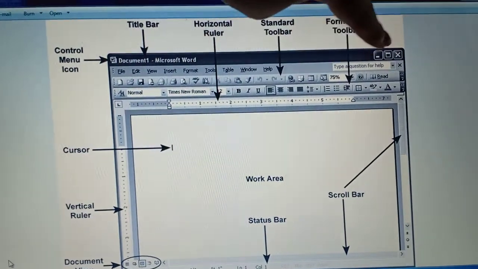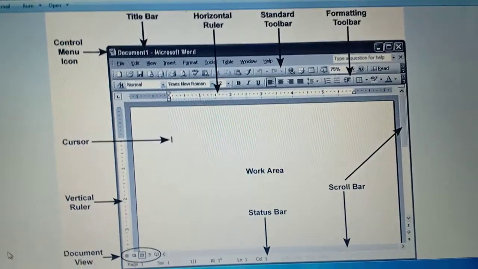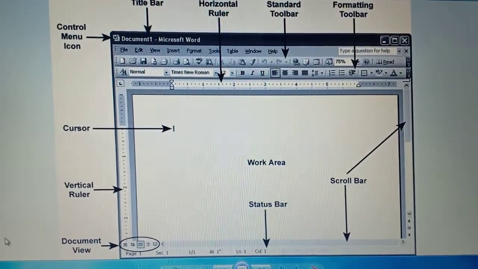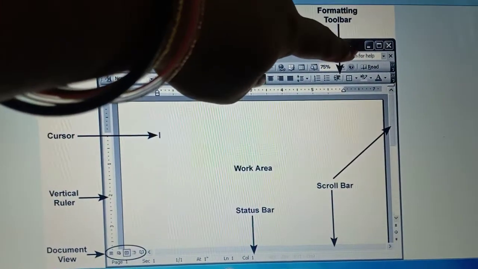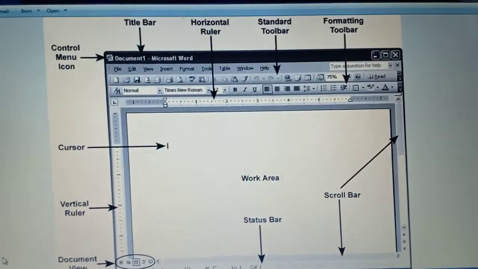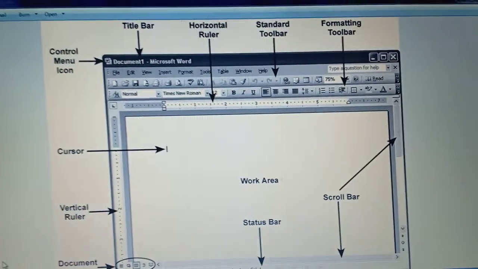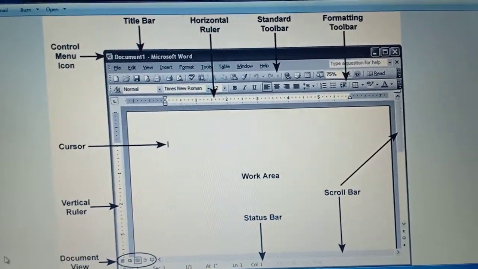These three are here not written, but these three are Windows control buttons. This one is minimize button, this one is maximize or restore button, and the last one is close button. And the blinking black line, this one is the cursor.